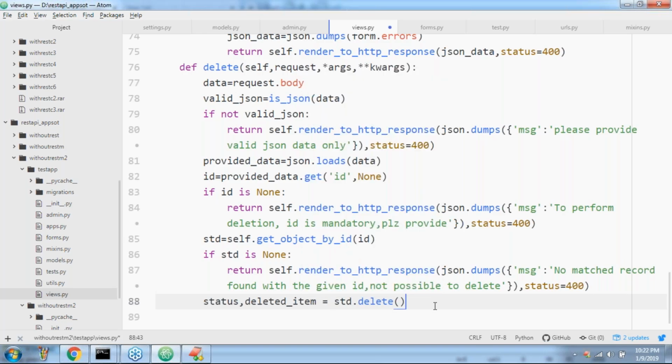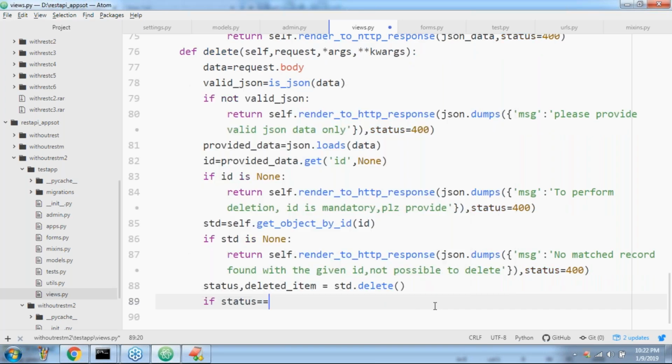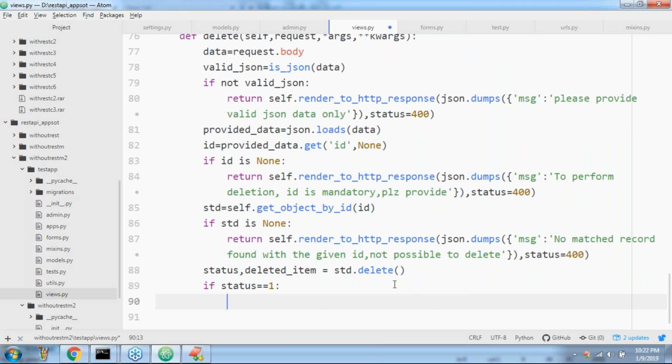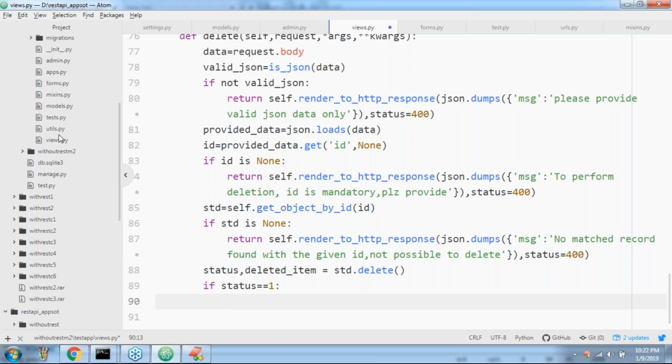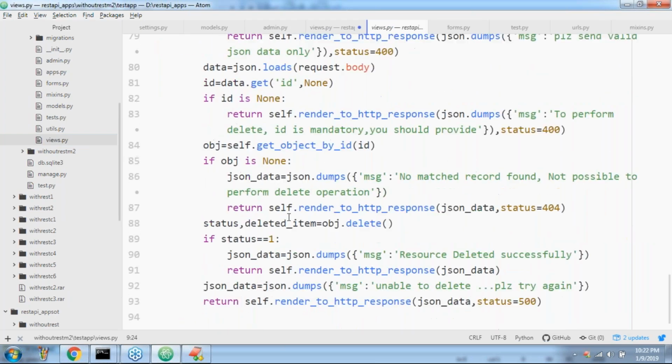So now if status is equal to 1, have you remembered, right? Somewhere we covered already this complete code. Let me, instead of writing, copy paste this delete operation's last few lines.